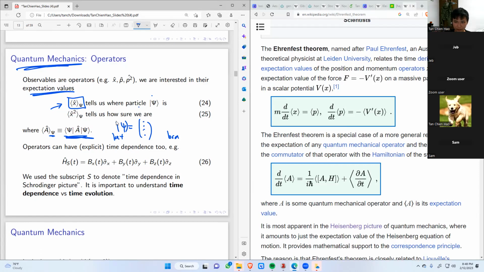Then the bra, in Dirac's bracket notation, would be a row vector, right? The Hermitian conjugate, to be specific. And if we think of the operator A as taking a state and mapping it to another state, A of psi, then we can think of A as a matrix that brings us from one column vector to another column vector. And so this is essentially a multiplication of